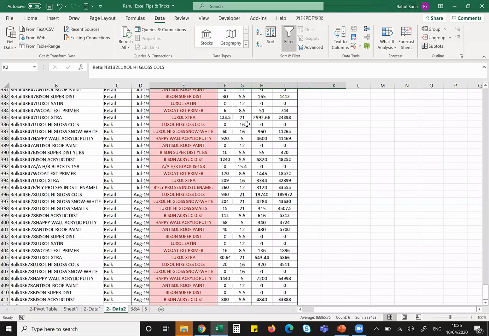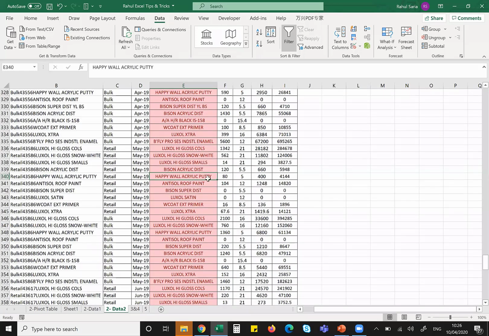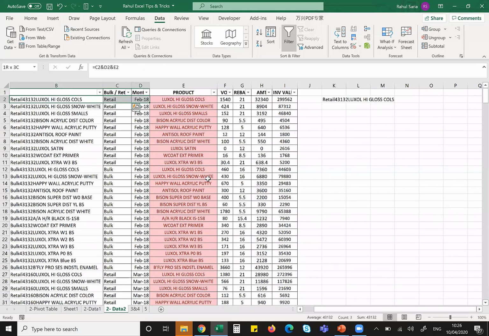The first disadvantage of VLOOKUP is that when I selected these 5 line items, I had to remember which column number my data was in. That was the 5th column number. In case of lookup, I need not do that. I just select my search area and then I select my result area. So this is my result area. I'll straight away get the volume. Isn't that interesting, guys? Let me know.